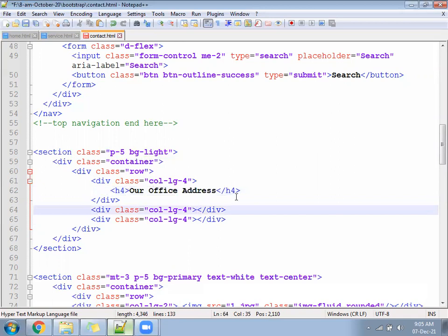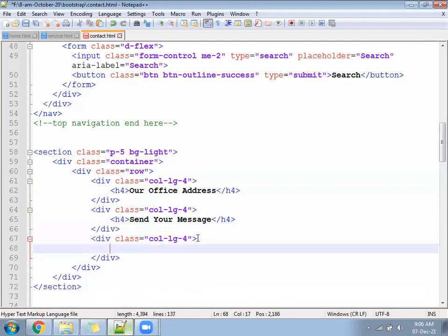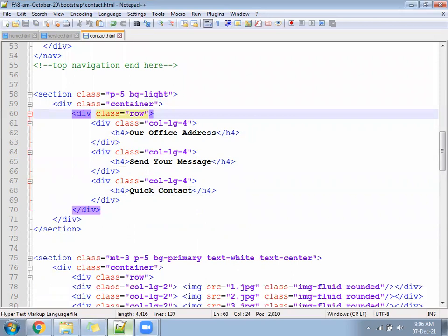Okay, the middle 4, write send your message. Last 4, quick contact.